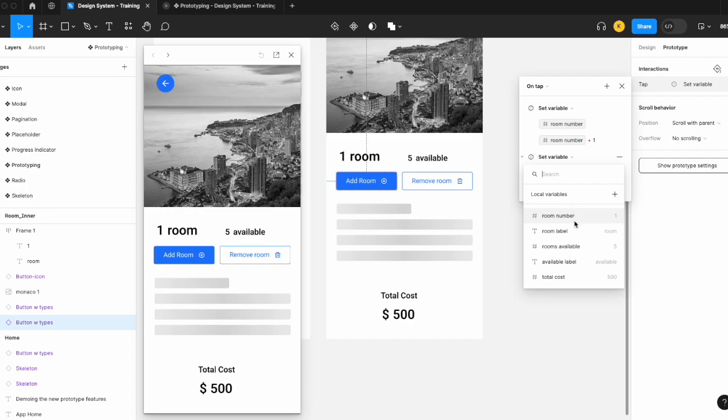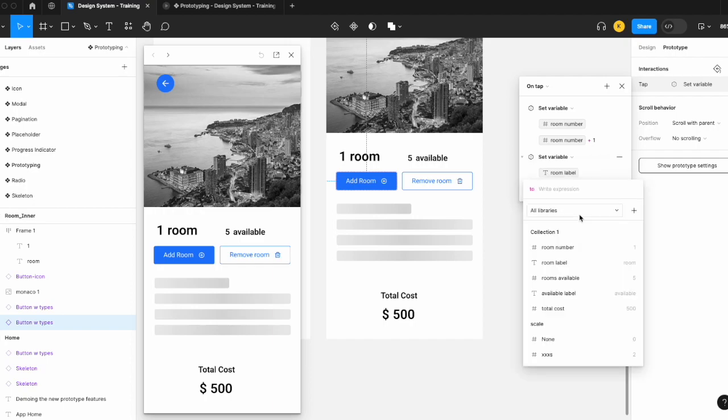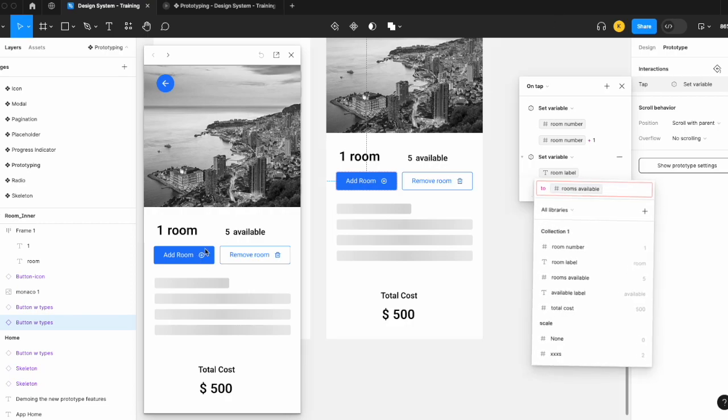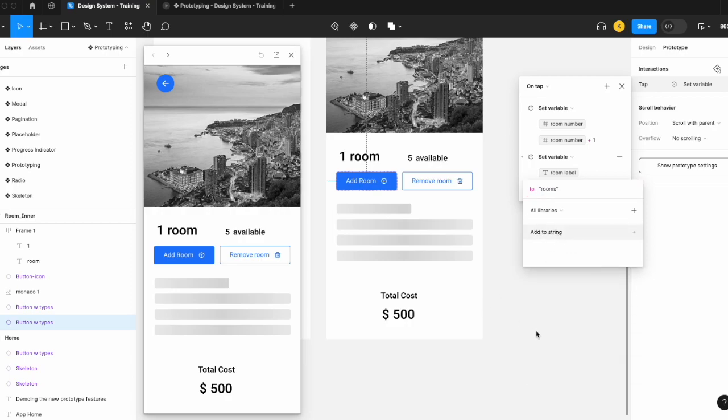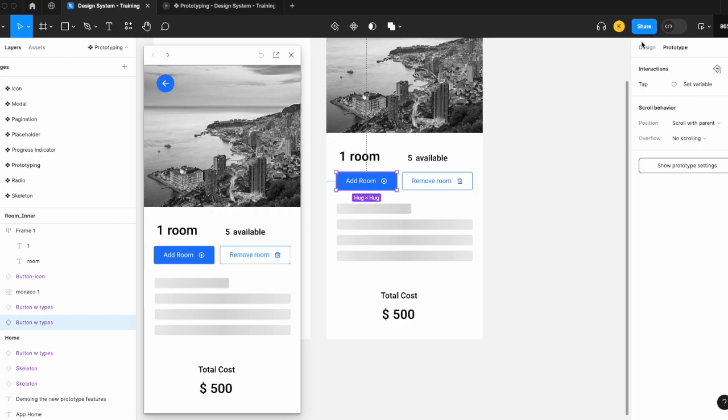We want to have that so that the room label is equal to rooms. Oops. Room label is equal to rooms. String literal, there we go. And let's try that out. And now I can see that when an extra one is added on,